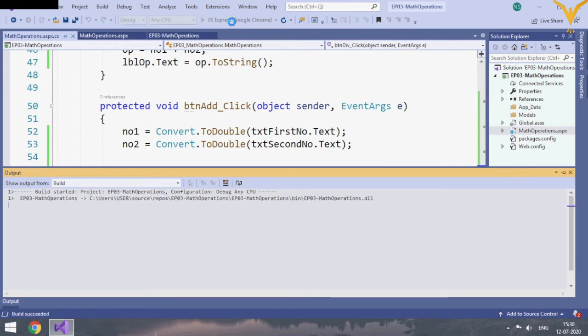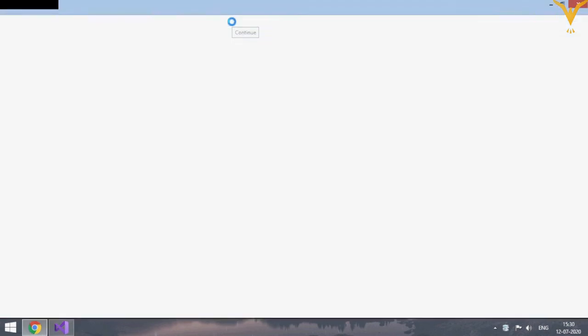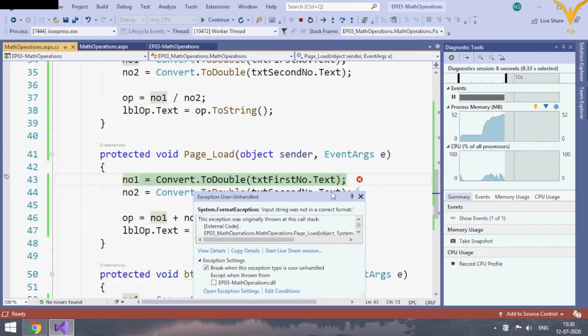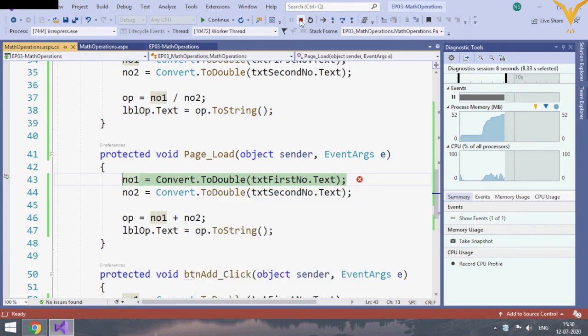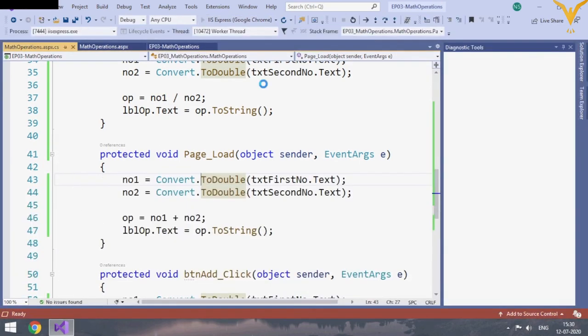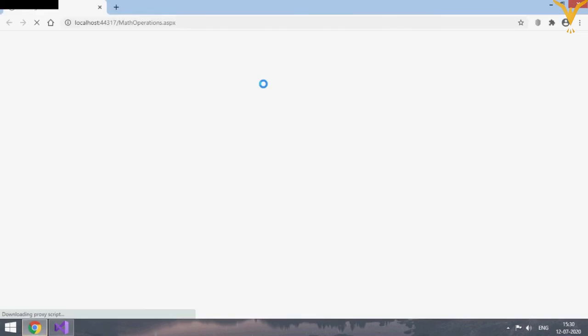Yes, I don't know why this has taken the extra time. Yes, there is one error. So here on page load, we have got the error. So we need to rectify this. When we load the web page, these variables are not initialized properly.